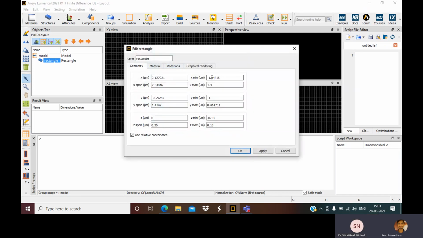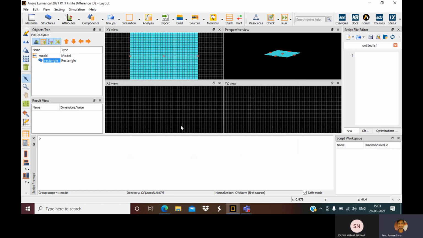Let me say x min is minus 2 micrometer to plus 2, and y also minus 2 micron to plus 2, and z starts from 0 and goes down to 1 micron for now. This is a 1 micron thick substrate.